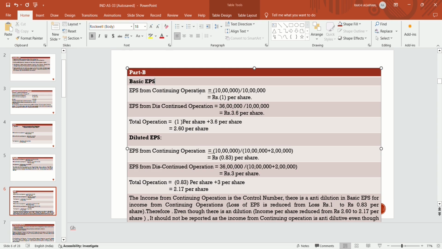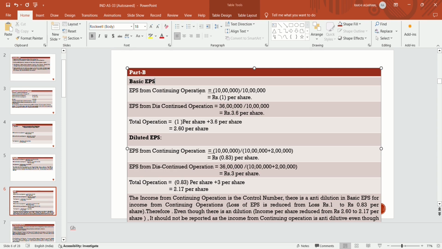So it gives an anti-dilution effect, because if the profit decreases, then it gives a dilution effect. If the loss decreases, then it gives an anti-dilution. So there is an anti-dilution in calculating the continuing operation, that is the control number. So if the control number loss is decreased from 1 to 0.83, therefore even though there is a dilution in